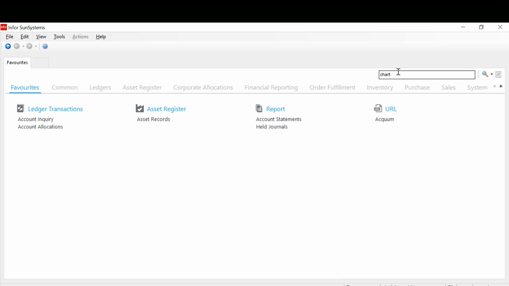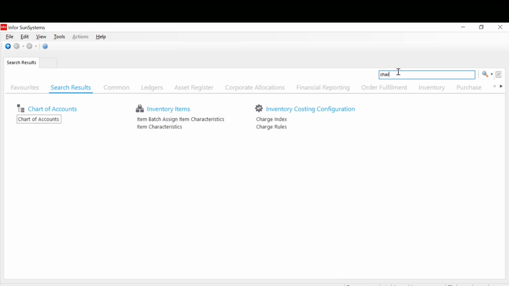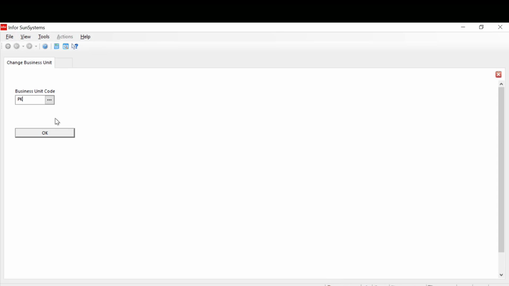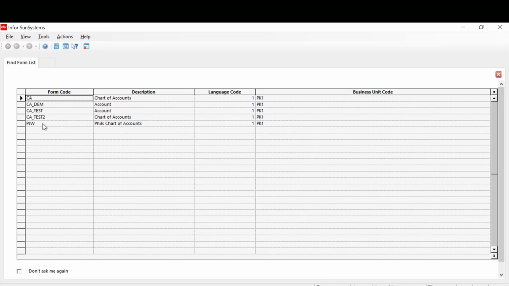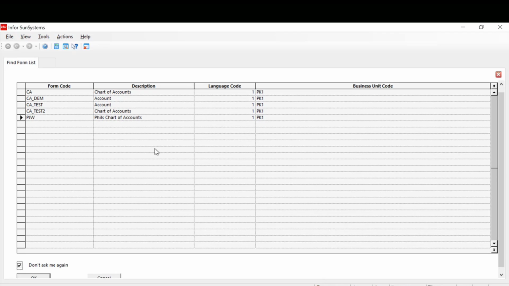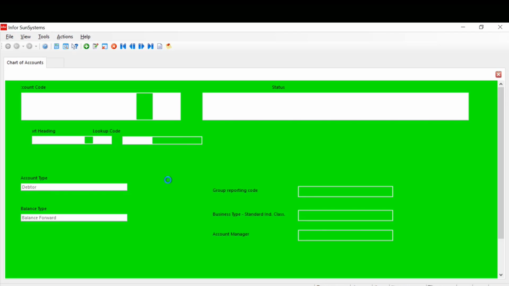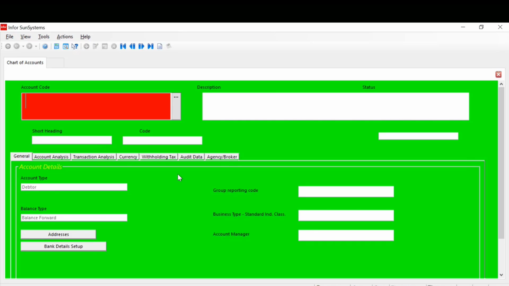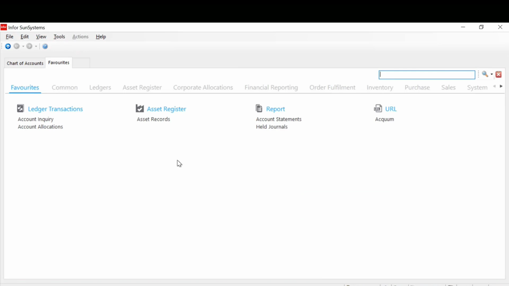What we can do is, once we find a form that we like, when we get to our selection, we can say, okay, that's the form I like, so I don't want to see my selections again. I just want to go to that form every time. That's great. You get the form you want, but there are occasions when you're going into things, especially like account allocation,